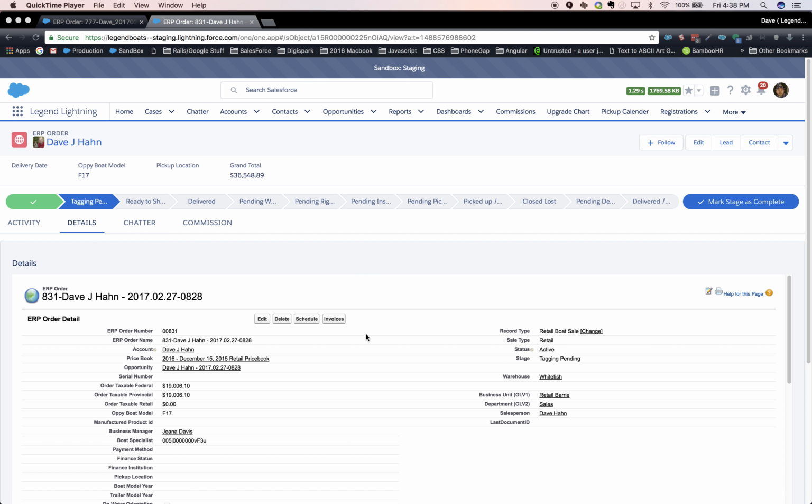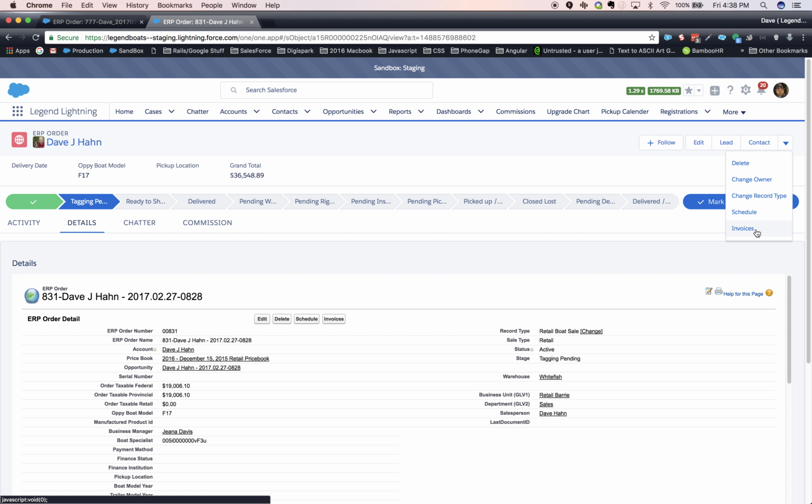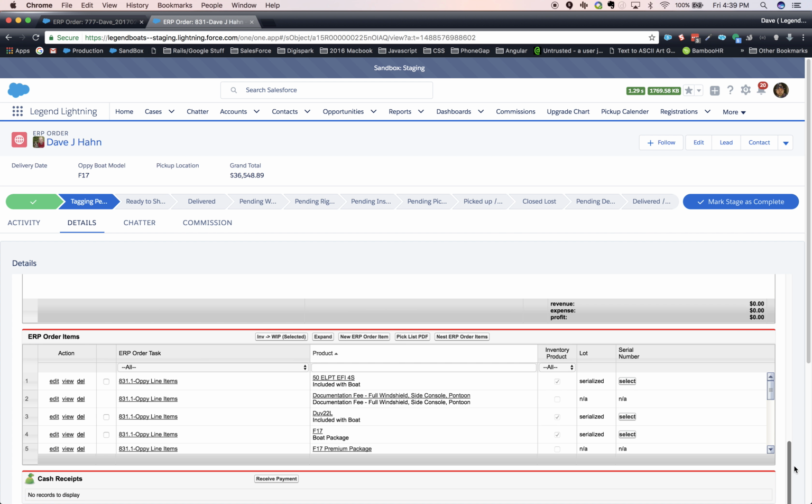And now we have a single button for invoices. It's going to show up down here and also up here in Lightning Experience. Eventually I'd like to try and get this little header piece ripped out of here in Lightning Experience. It'll take a little bit of doing, but it's not important right now. So anyway, if you scroll all the way down, you'll see this particular